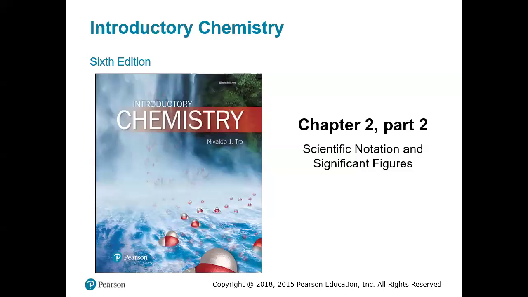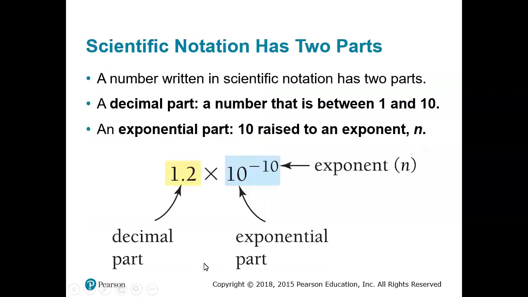So as we get into chapter 2, part 2 here with scientific notation and sig figs, we want to take note of a couple of things. So first of all, scientific notation. Scientific notation has two parts, basically. The first part of scientific notation is the decimal part. Now, the decimal part of the scientific notation shown here in yellow